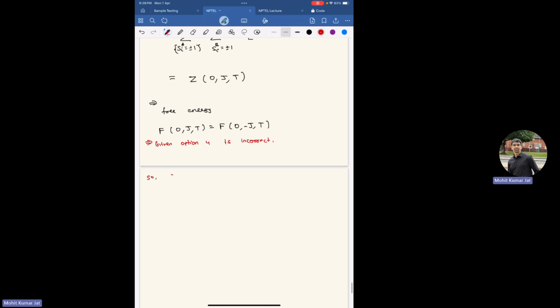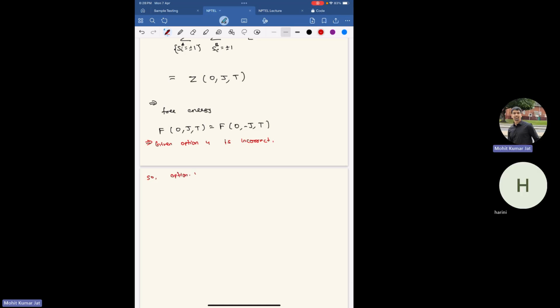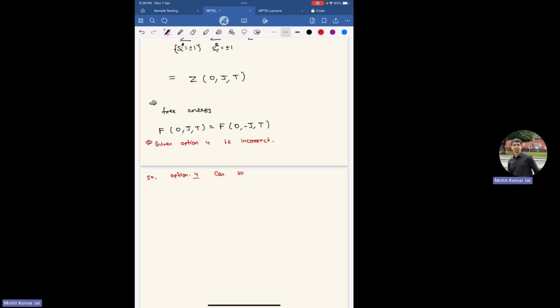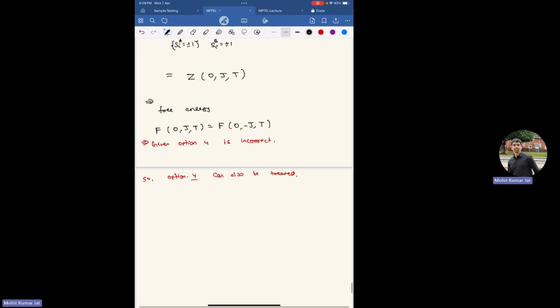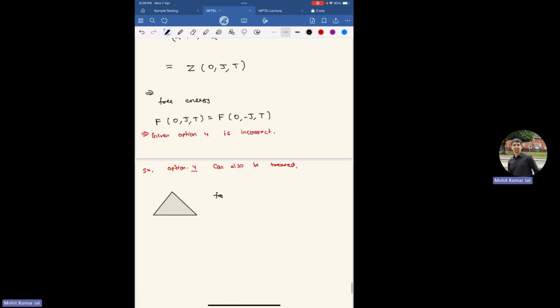So option number 4 can also be treated like you have a triangular lattice, and in the triangular lattice for j greater than 0, you say that all the spins are up. So I'm drawing them like this,